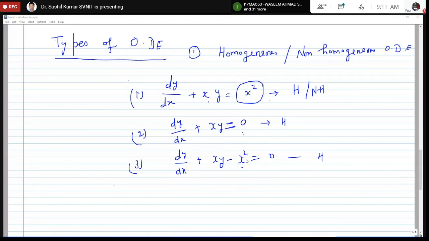Both the first and the third should be non-homogeneous. What about the second one, homogeneous or non-homogeneous? Sir, non-homogeneous. I'm not sure about it, because as per the definition, a homogeneous equation should be expressible in the form dy by dx equals some function of y by x, so that we can replace y equal to kx and solve further. It doesn't seem to satisfy the basic definition. So sir, I would say that all three are non-homogeneous.